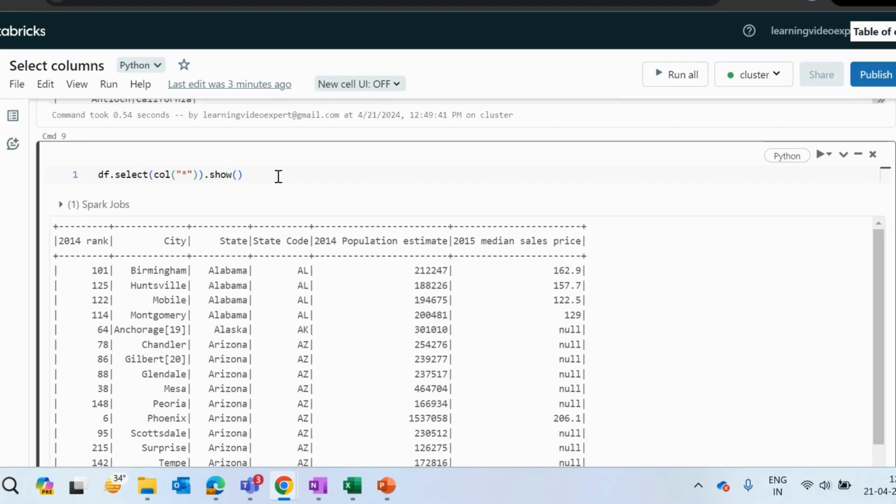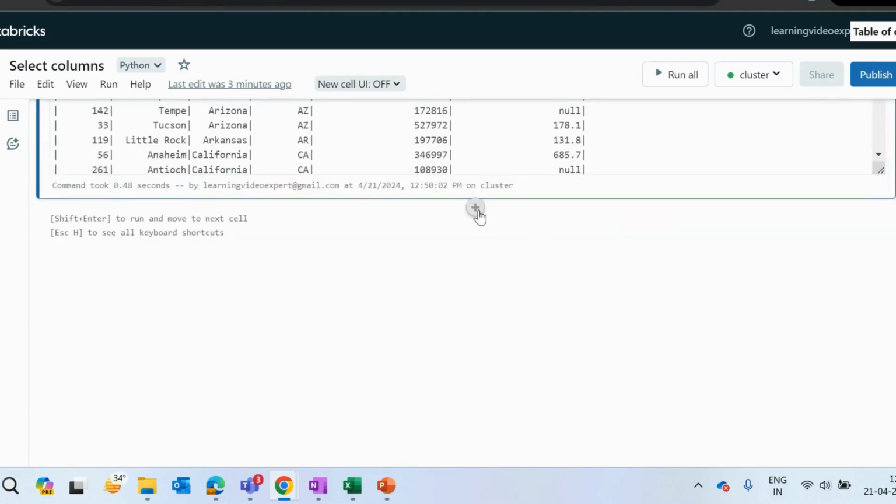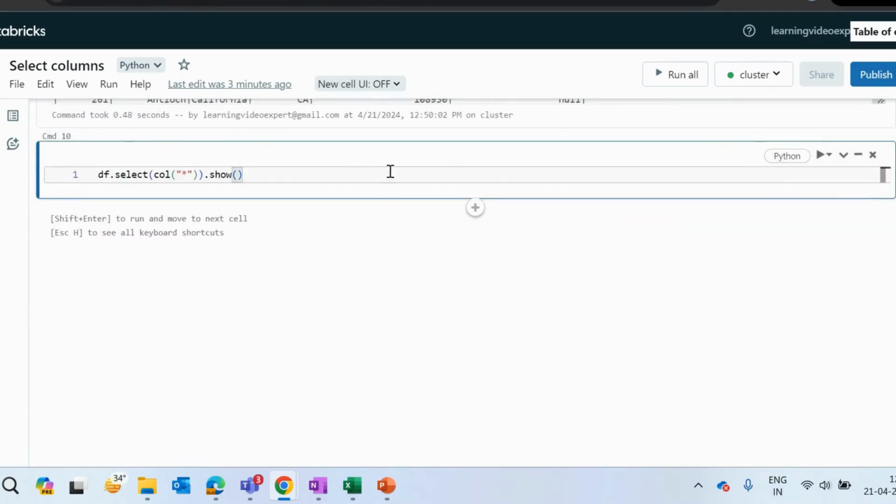Now, let me tell you, if you have a data frame, which is a pandas kind of data frame, how can you select it in that? This is one method using col. The second method is my string method. Let me just select one column here so that I can show you.